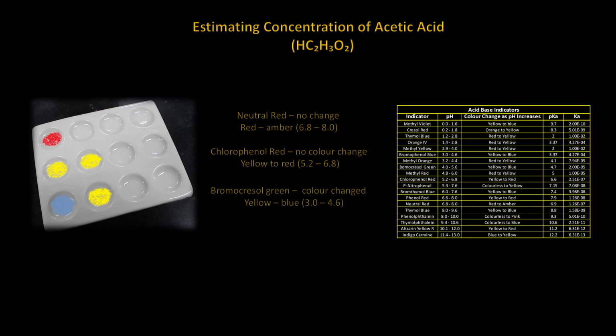Bromocresol green was added to the third well. The color changed to blue. Bromocresol green changes color from yellow to blue between pH 3.0 and 4.6. To further refine the estimated pH value, methyl orange was added. The color changed from red to yellow in the fourth well. Methyl orange changes color between pH 3.2 and 4.4, indicating that the pH of the sample must be between 3.2